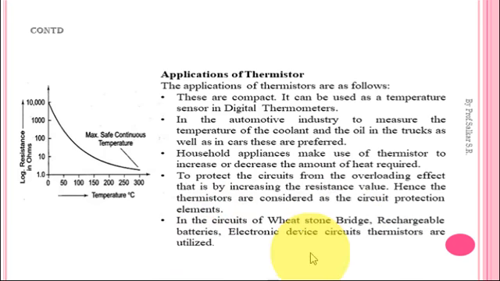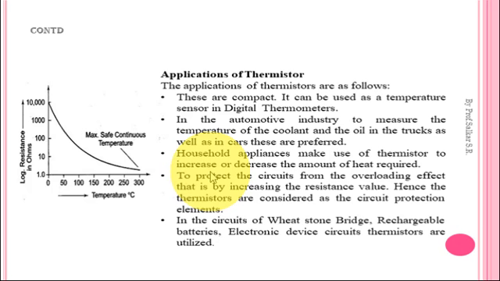From these applications you can see that thermistors are the most widely used type. Mostly the NTC types are used in many different applications related to the automation industry as well as in domestic applications. Next, their advantages. They are easy to use, they are inexpensive, and they respond quickly. Due to all these advantages, thermistors are the most widely used type of transducer.